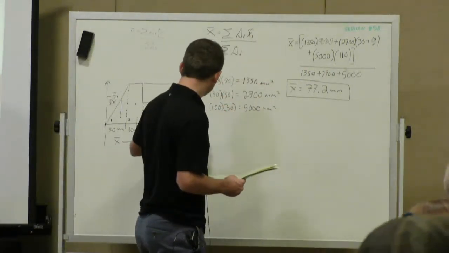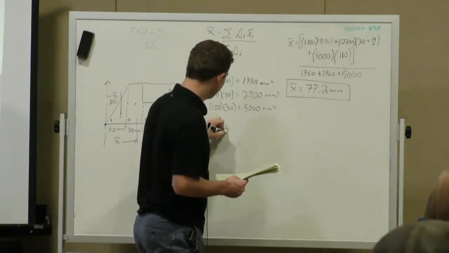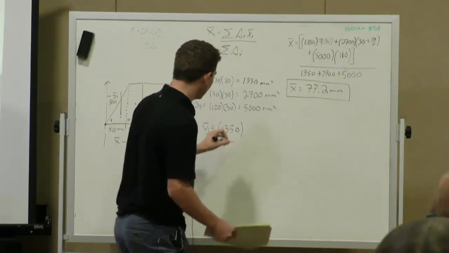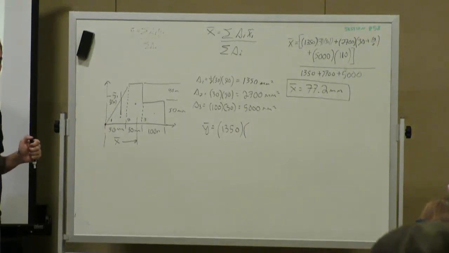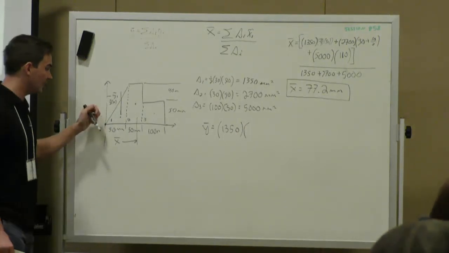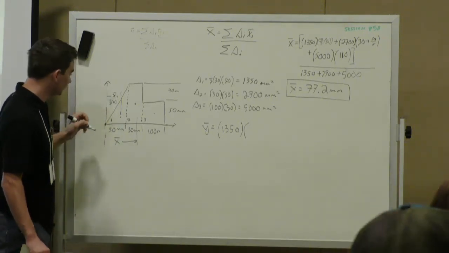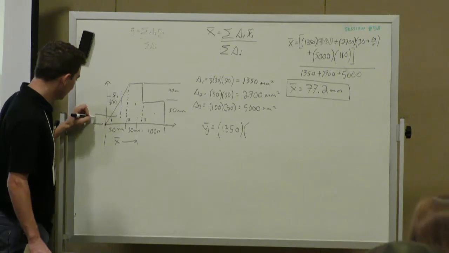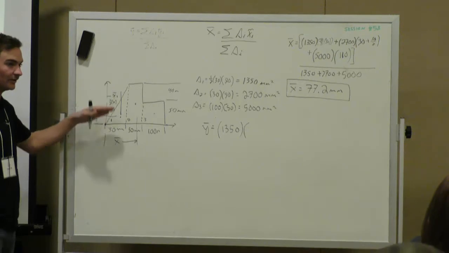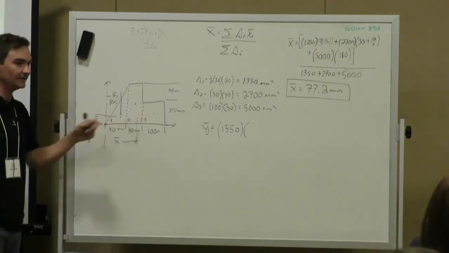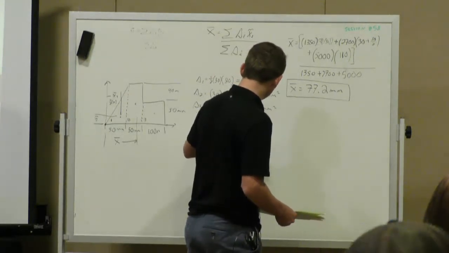So we'll write it down here. So y bar. Area 1, using this equation, 1350. And what is that y tilde for area 1? 50 over 3. Yeah. Oh, this is x tilde. This one is y tilde, so it's measured from the x-axis. So y tilde is 1/3 now of this total height of 90. So 1/3 times the height of 90